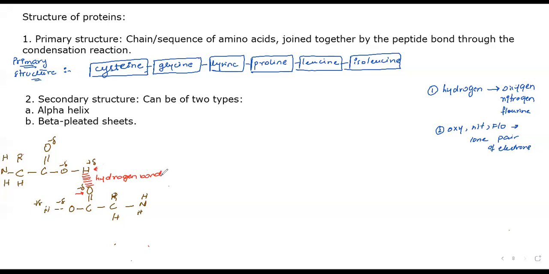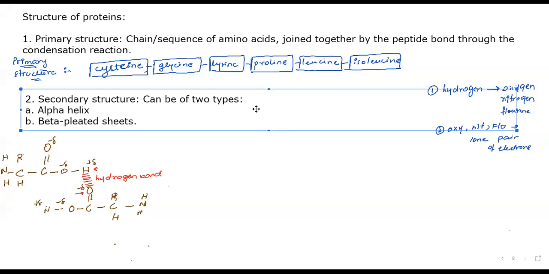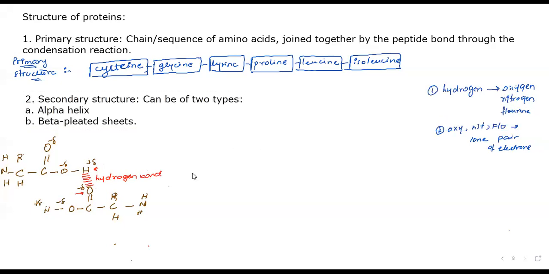So in our secondary structure, we will see two types of bonding. What are the two types of bonding that we're going to see? One is, of course, the peptide bonding. That won't go anywhere, right? Peptide bond is going to stay exactly where it is. It will be in the same place because it's holding all the amino acids together.